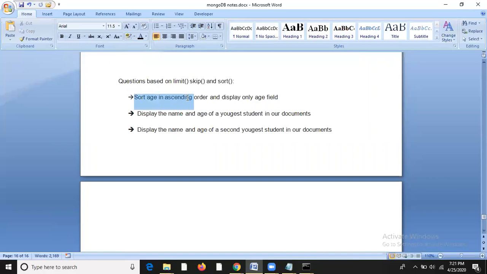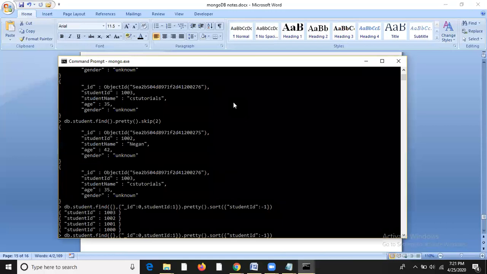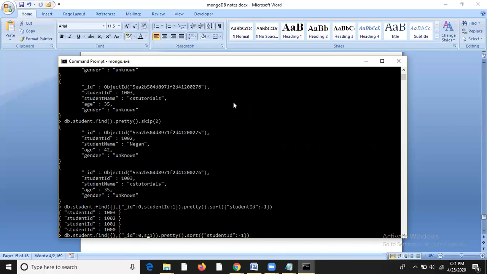Sort age in an ascending order and display only age field. So what I have to do is sort my age field in an ascending order, and I want to display only the age field. Now can I say that I have to use projection again, right? It is somewhat similar to our previous query. So here, I don't want student ID, what I want is age. So I'll keep the value of age as 1, and